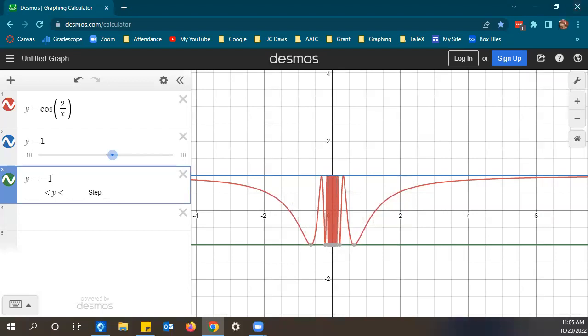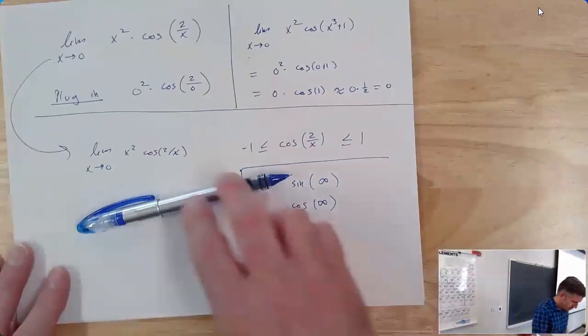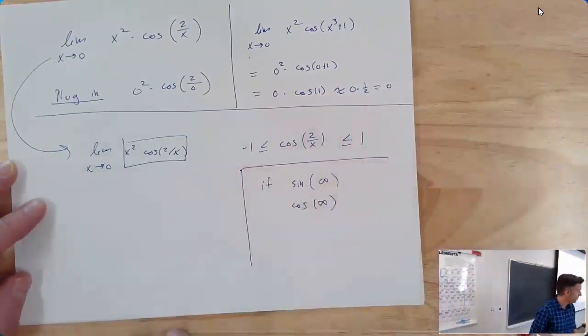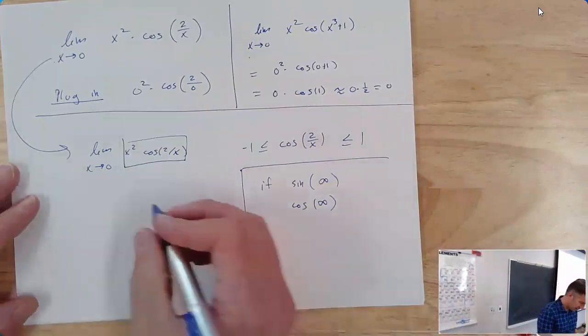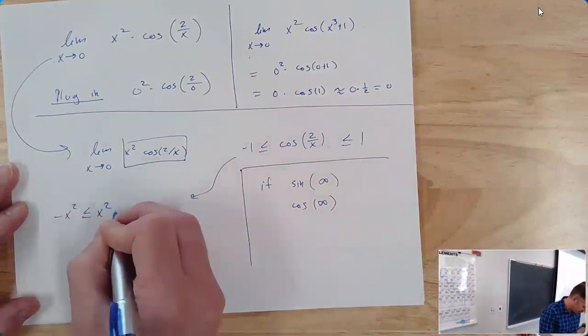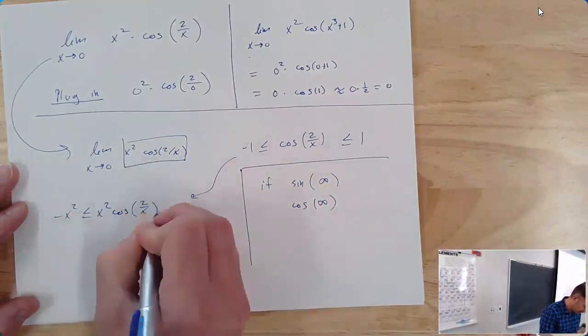We're going to, just like we were trying to before, multiply everything by the thing we need so that this inequality has this in the middle. We're gonna multiply everything by x squared. So I'm gonna say, okay, great. Negative x squared is less than or equal to x squared times cosine of 2 over x, less than or